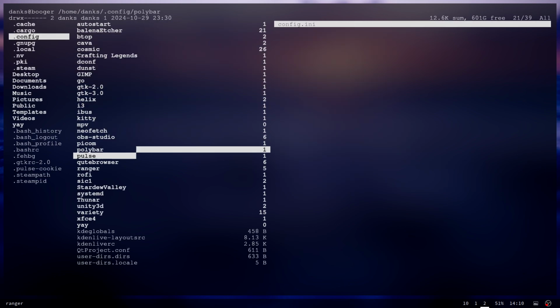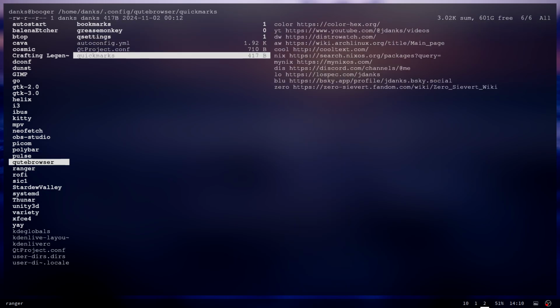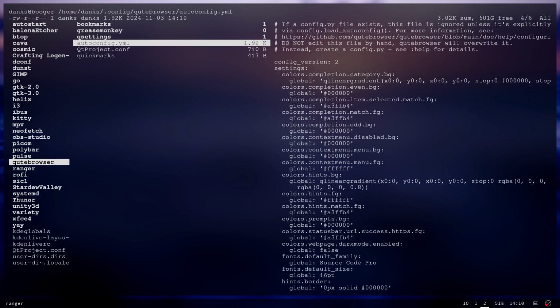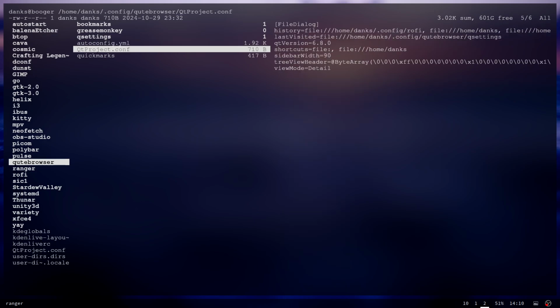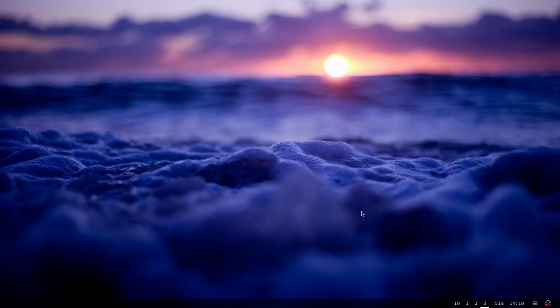Yeah, so Qt Browser, you got your bookmarks, your quickmarks. The quickmarks are so good. There's an autoconfig thing. I don't touch this. But if you look here, you have Greasemonkey. And I haven't really played with this yet, but it is a cool way where you could